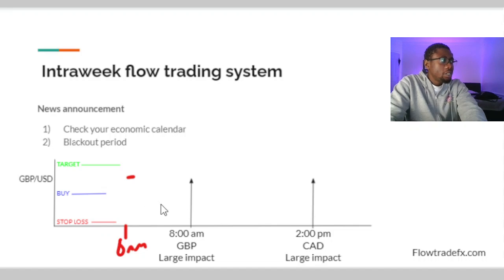Now, in this situation, if it's blackout period and you're approaching the market, you have two probable options. You can either close this trade, book whatever profit this is, or you can trail your stop